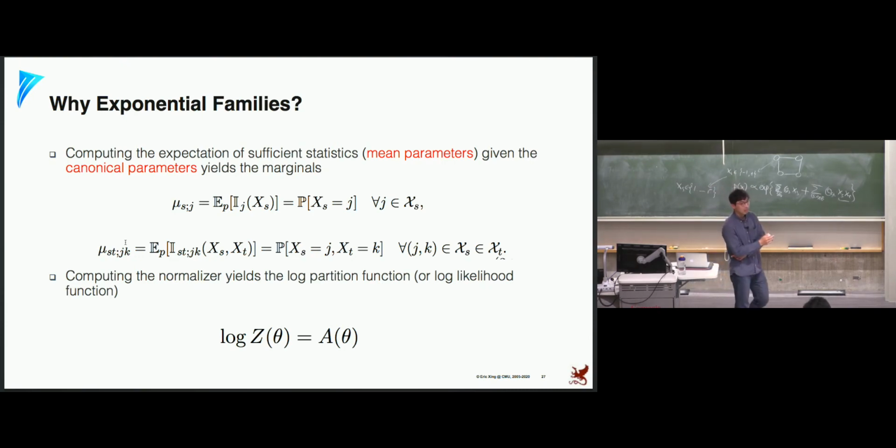So a background knowledge that you might need for this is that exponential family distributions have different ways of parameterizing one thing. One specific parameterization is the canonical parameters, and the other is the mean parameters. So these are dual to each other. If you know one, you can convert to the other one that represents the same distribution. And in the context of exponential families, if you convert the canonical parameter theta to the mean parameter, this process is essentially performing the marginal inference or the pairwise inference.